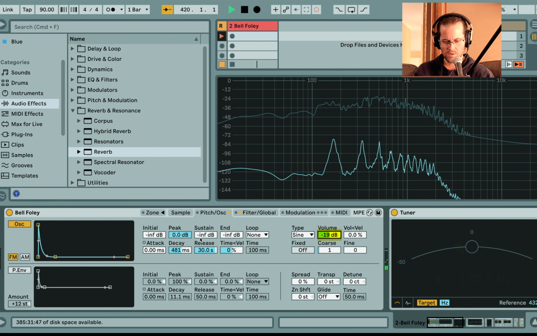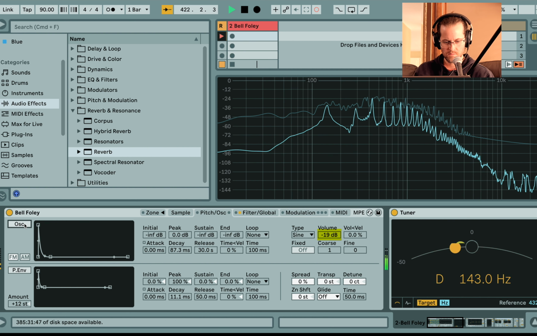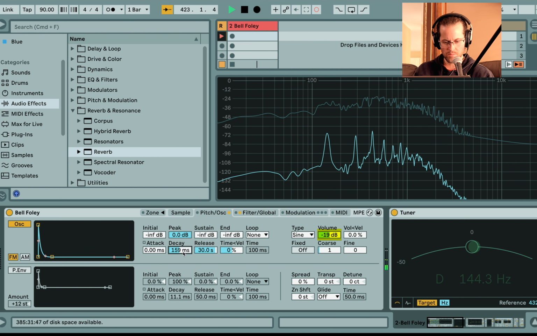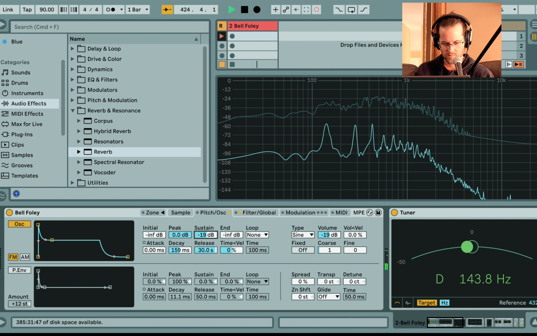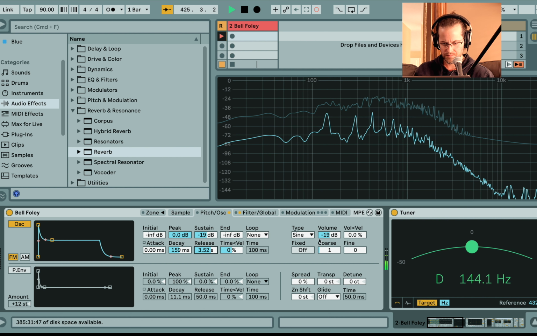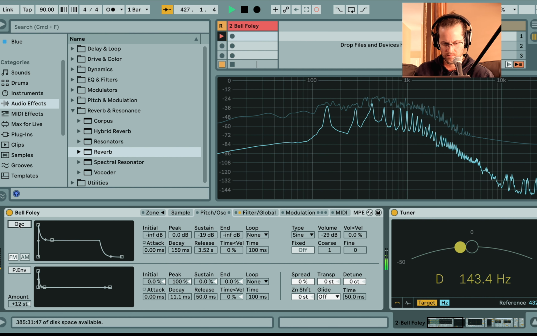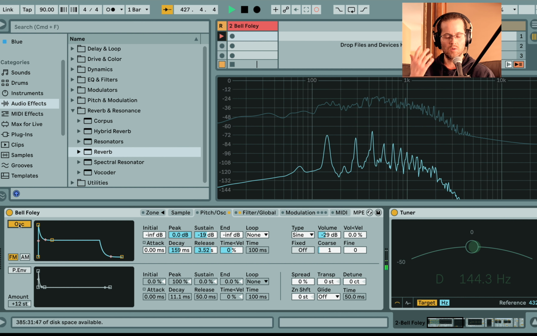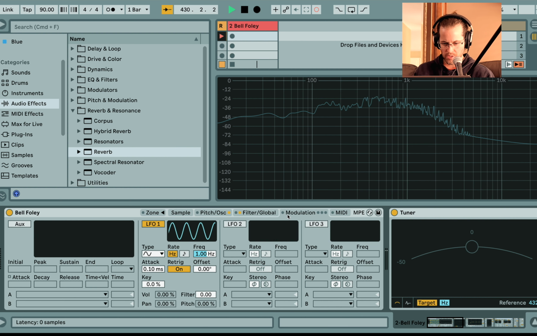Doesn't sound very musical, but if we move in the decay, now let's deactivate. Just dirties it up a little bit. Let's give it a little sustain. Just beefs it up, gives it a little bit extra. So what else can we do? Well, we can go into our modulation tab,